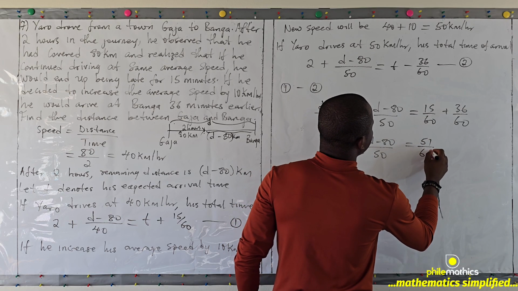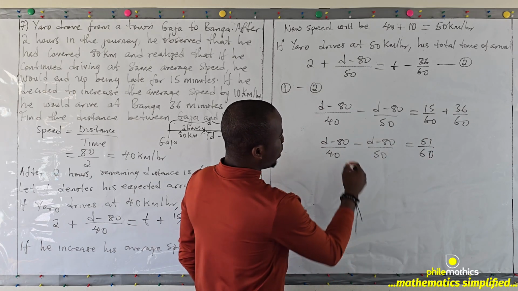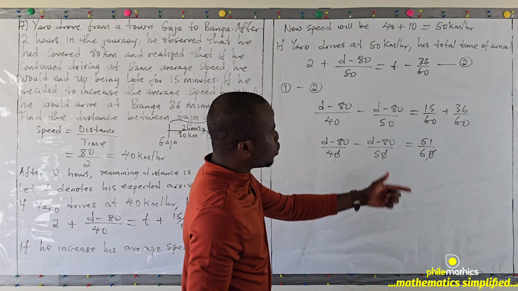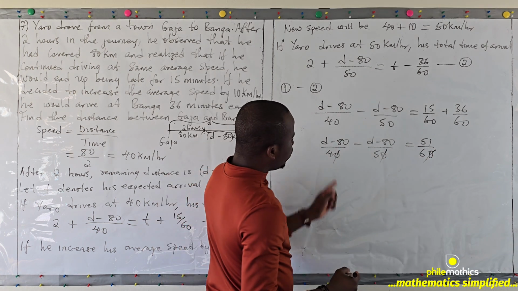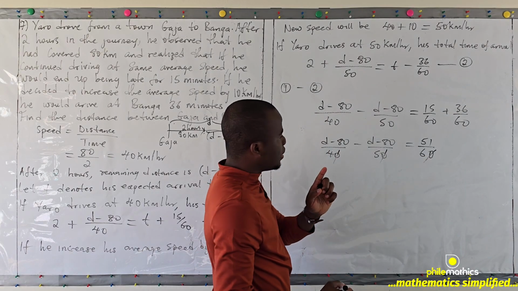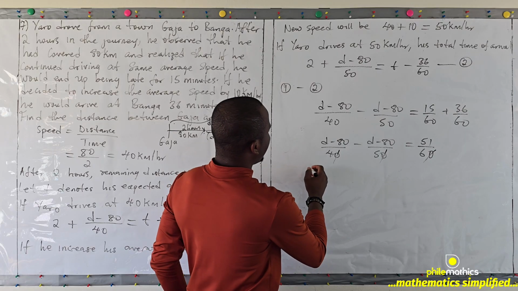51 over 60. So if we look at the denominator, we can easily cancel this 0. It's just like multiplying 2 by 10, we cancel the 0. So the LCM between 4, 5, and 6 is 60. And so if I multiply 2 by 60, I'll have